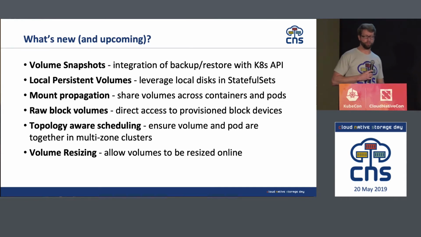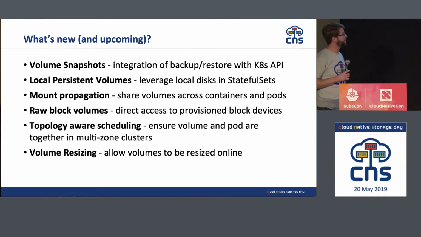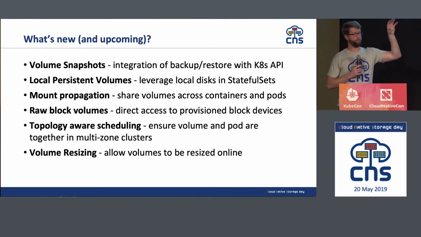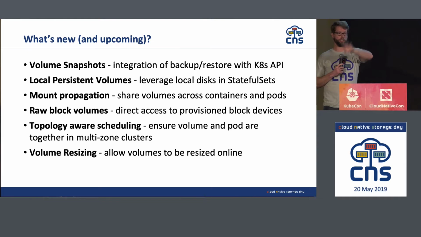And now this is built into Kubernetes to have that automatic management and lifecycle orchestration of local disks. Mount propagation is interesting because you can take 2 containers, and before, their bind mounts to the local host file system were completely private. So one container would mount the file system of the host, another one would mount something on the file system too, and they wouldn't be able to see each other. But now you can propagate that mount from one container to another so they can share data across 2 different containers, 2 different pods even.